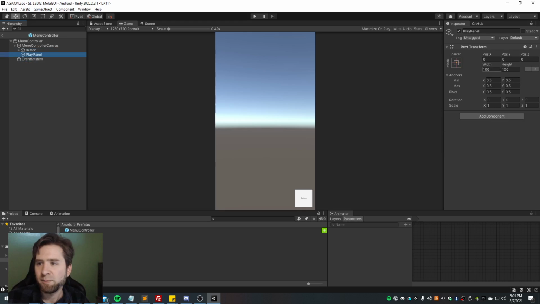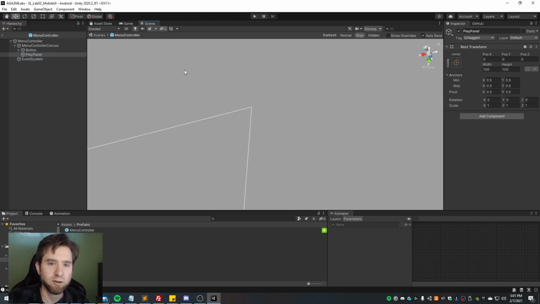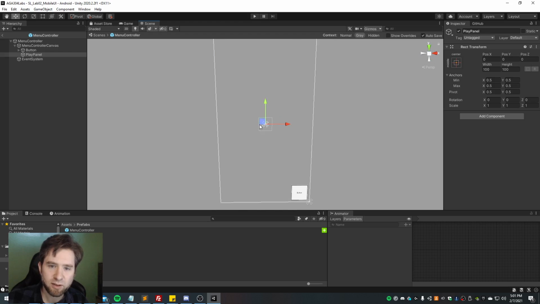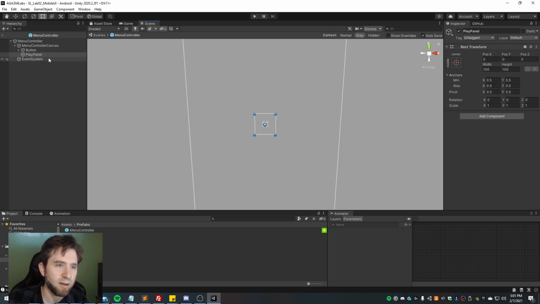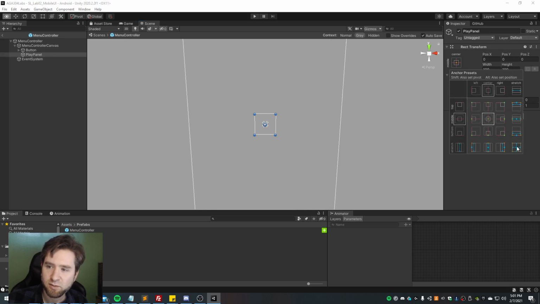And play panel, I'm going to go to my scene view here so you appreciate what's wrong. Play panel, why is it always coming in upside down? That's weird. Play panel is, you'll notice it looks like a little, I'm pressing T, by the way. If you hit W, it gives you a 3D world view, but if you hit T, it gives you the dimensions of your current object. So you notice that play panel is only 100 by 100 pixels big